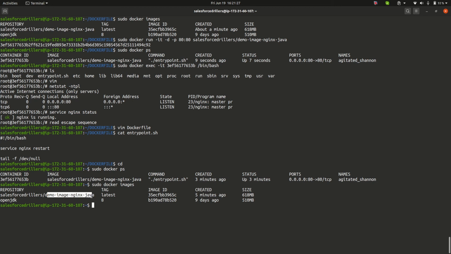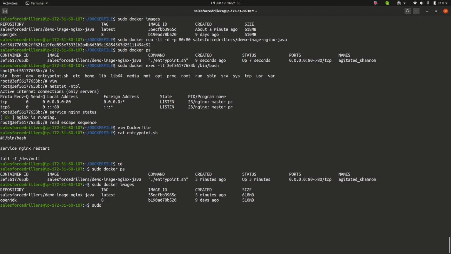So this is the proper way of tagging your custom images if you want them to move to your Docker Hub account, so that Docker can move it very effortlessly to your Docker Hub account with the help of the username that is mentioned before the slash. So this is our username, Salesforce Drillers. So let us try to push this image.